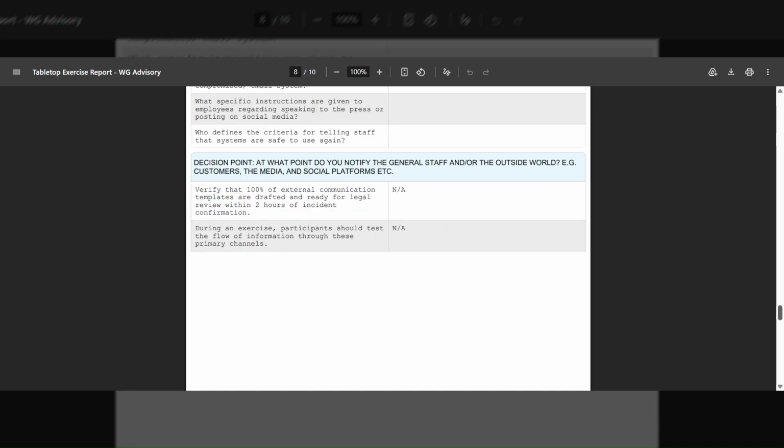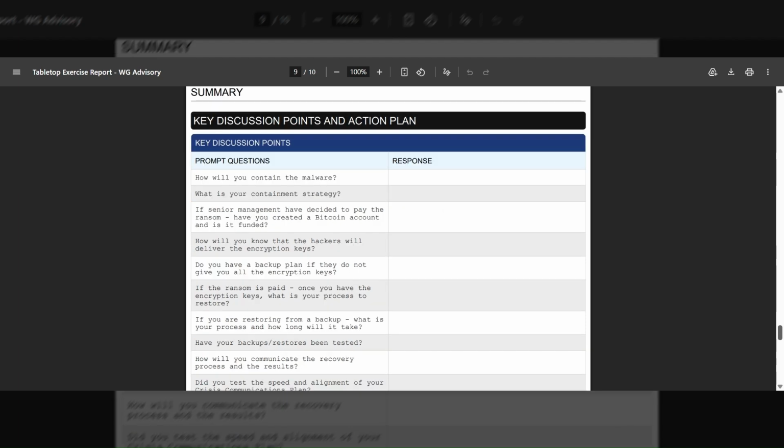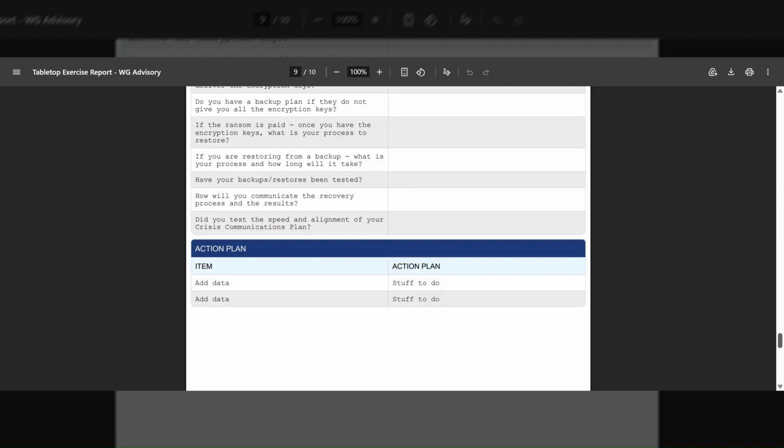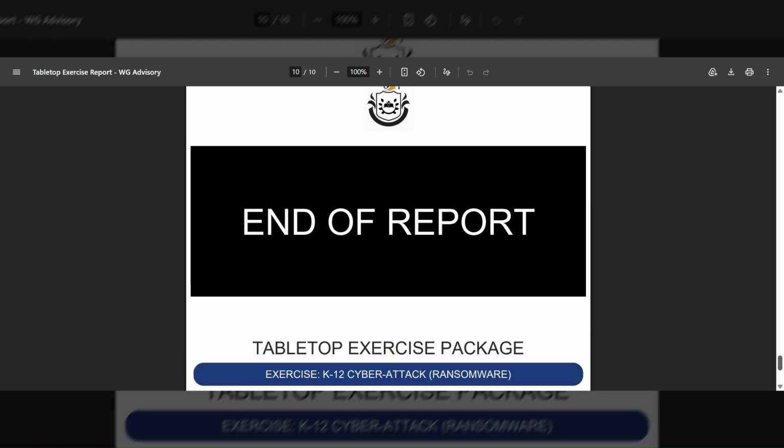And when we get to the bottom, you'll see here's your nice summary. Again, you can imagine we have all the responses to these questions, but they're all here, nicely presented. Your action plan, you remember we added a couple of sample lines there. There they are. And that's the end of the report. As simple as that. This is going to help you with a formalized tabletop exercise program, something that you can repeat over and over again. We need to make this simple and intuitive, yet extremely worthwhile. This is a critical component to any business continuity and disaster recovery